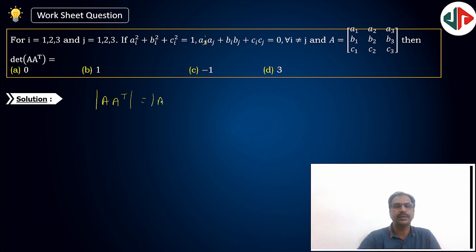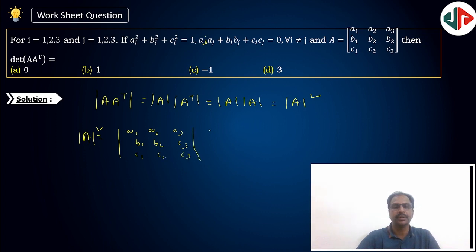This is nothing but det A into det A transpose. And we know that det of A transpose is same as det A. So indirectly the question is finding determinant of A whole square. What is matrix A? This is determinant of A1, A2, A3, B1, B2, B3, C1, C2, C3 into